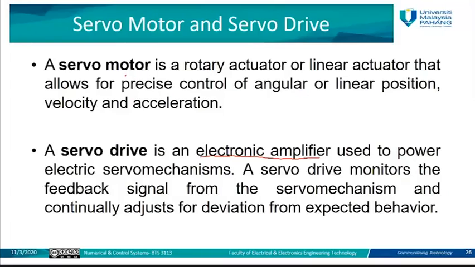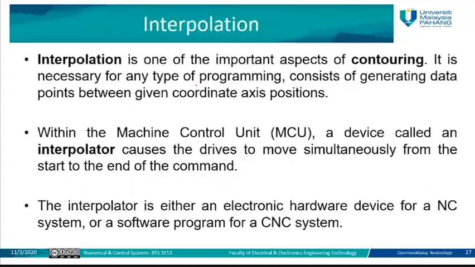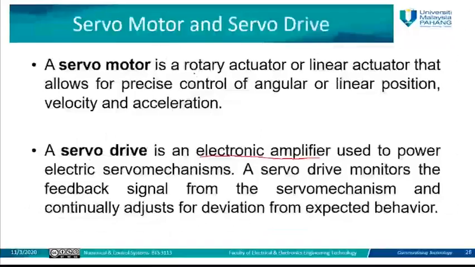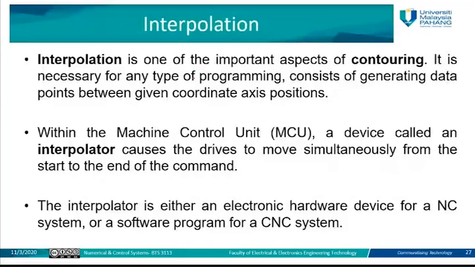Okay, let us continue. So now we are going to talk about the interpolator. We said the continuous system, or contouring system, requires an interpolator because we need to define a series of coordinates. We are not only talking about one position or one location to perform a task. The machine is required to perform a task along a continuous path. So during the movement of the machine, there will be a task to be performed. So we need to define a huge number of coordinates for the machine to go from the start point until the end point. For this task, we need to use interpolation or